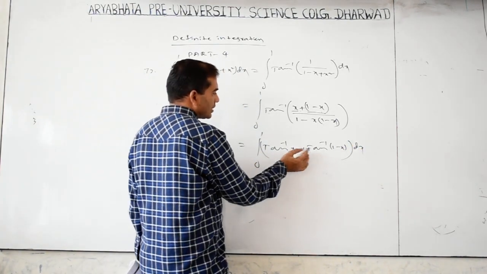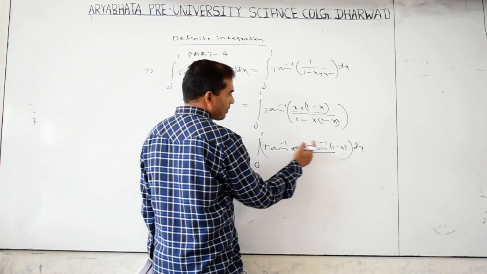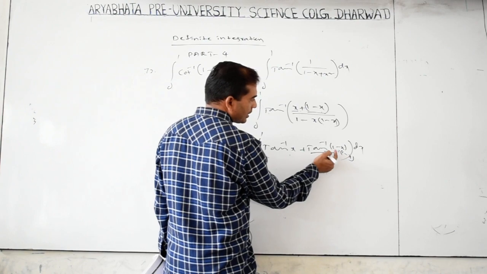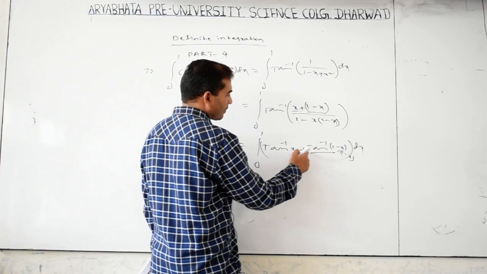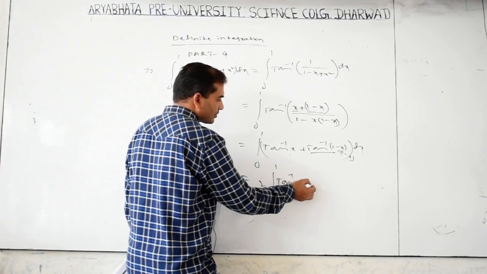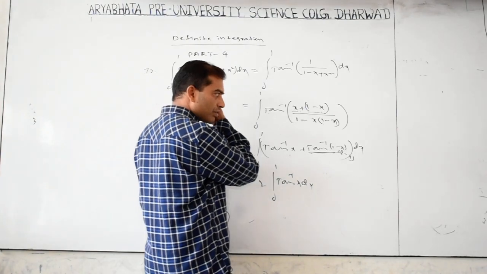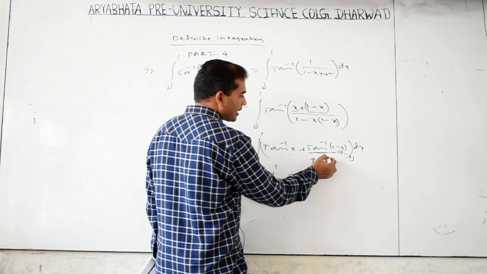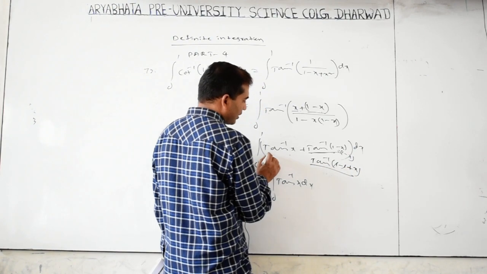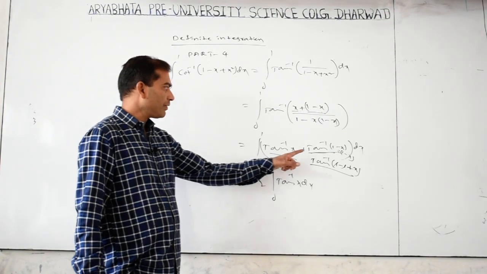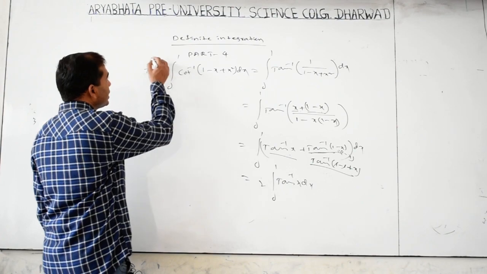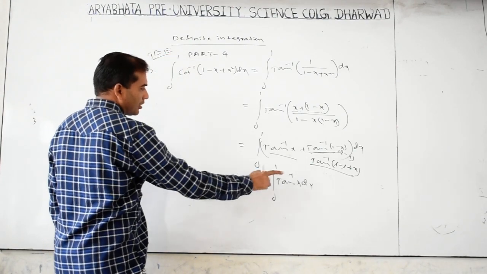Right, this is the property: in place of x, write sum of the limits minus x, that is 1 minus x in place of x. If you write it, the 1 gets cancelled, and we get tan inverse of x, tan inverse of x, both are the same, so 2 into 0 to 1 of tan inverse of x dx. Understood? Tan inverse of 1 minus x equals tan inverse of x. How? By using the property: 1 minus x is 1 plus x, the 1 gets cancelled, tan inverse x. I applied the property only for this, and we got the same here. This is how to find it using the standard formula. This is JEE important. Okay, by parts.